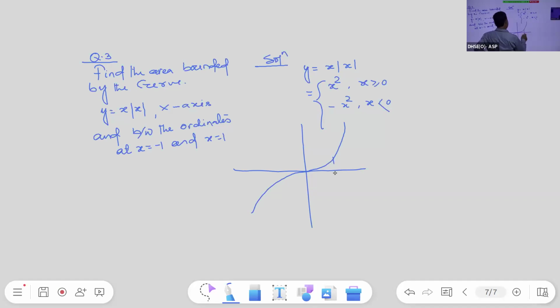So this is x is equal to 1. This is x is equal to minus 1. All right. So this area is equal to this area, right? Numerically this area is equal to this area, but this area is negative and this area is positive. So required area is equal to